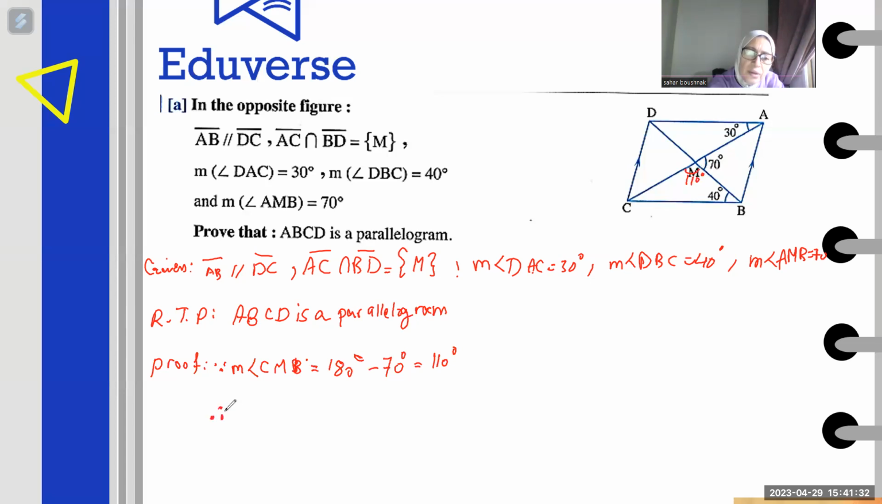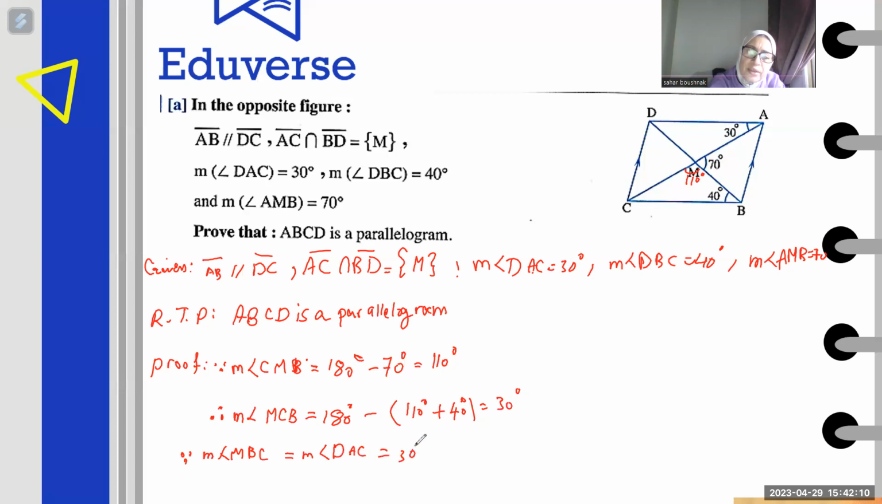Then the measure of angle MCB equals 180 degrees, because this is a triangle, minus 110 plus 40 degrees, I will get 30 degrees. That's great. And since the measurement of angle MBC equals the measurement of angle DAC,